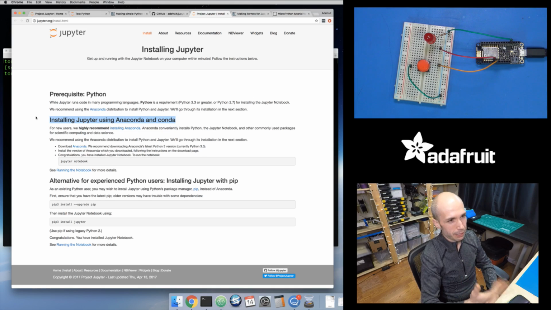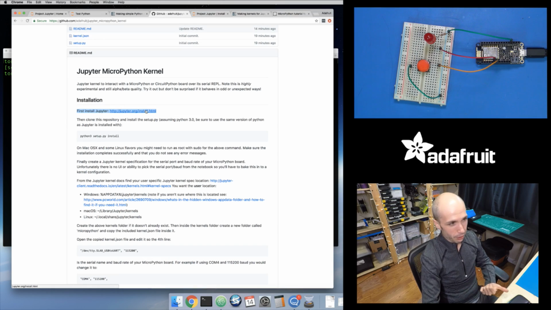But in my case, because I'm on Mac, or if you're on Linux, you can usually install Jupyter just with a pip command, this pip install Jupyter command. That's what I did on my machine right here. If you're on Windows, you can actually make this work, but it's a lot of work to do that, so you probably want to use Anaconda. But just note, if you're using Anaconda, that does matter, because for the next steps,